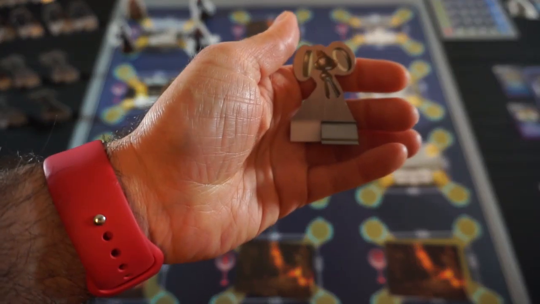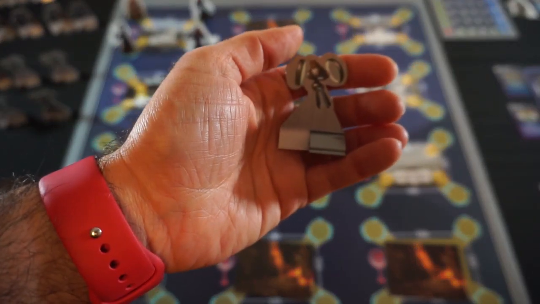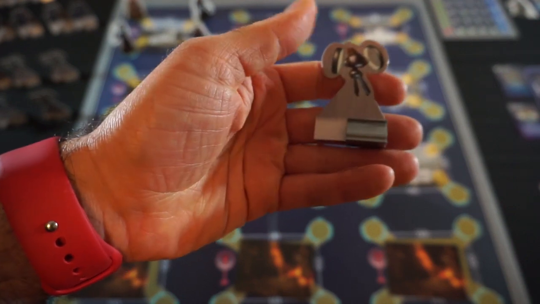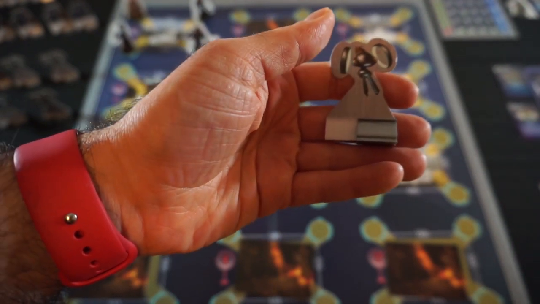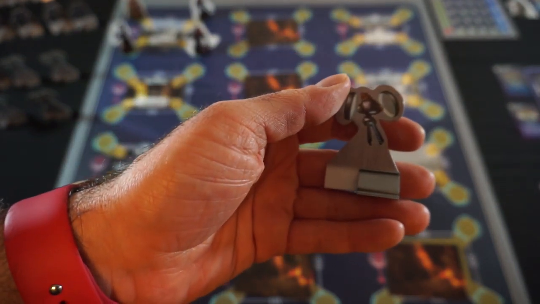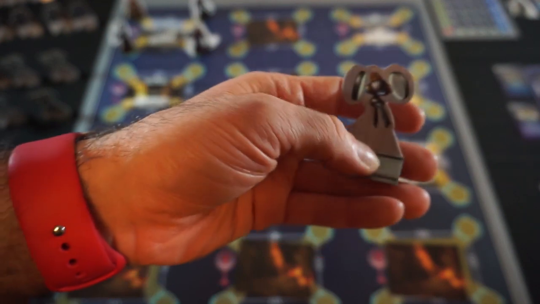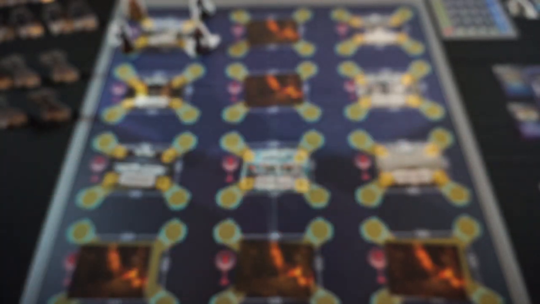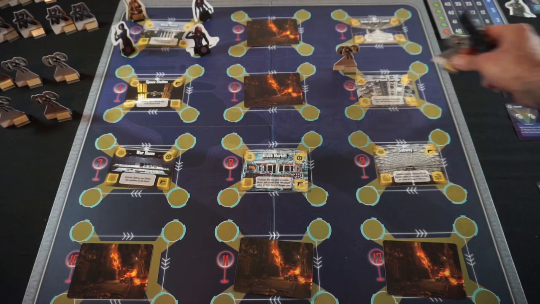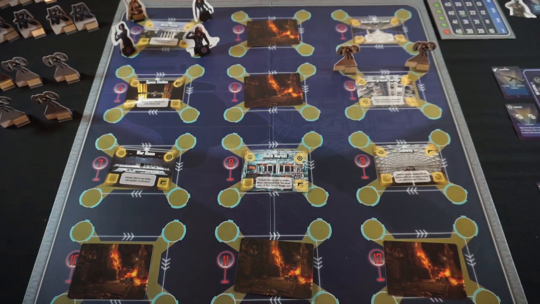We do need to leave the value options, or the health options, hidden for now. We'll find out what the values actually are when we go to destroy them, so we need to be somewhat mindful of that. They'll be hidden under the standee. So zone 6 gets 2 drones. And then for our last card,